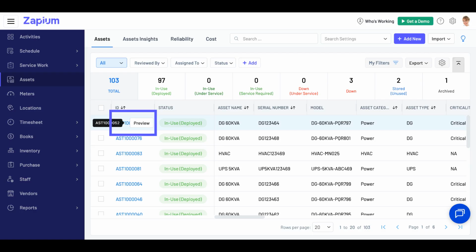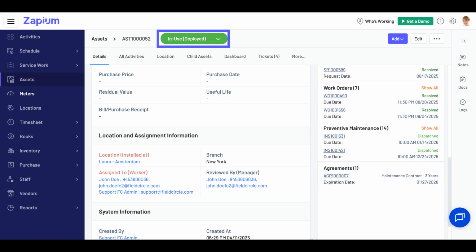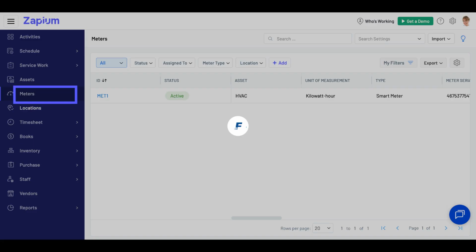Now, let's explore how an asset page looks like and what all actions can be taken there. From the Asset Details page, apart from accessing basic information, you may generate QR code, create work activities like PM schedule, change asset statuses, review asset-specific dashboard, and access all the logs. In meters, you can set up new meters and their specifics. Meter readings can be taken automatically if the asset sensor data is pulled into the system or can be taken